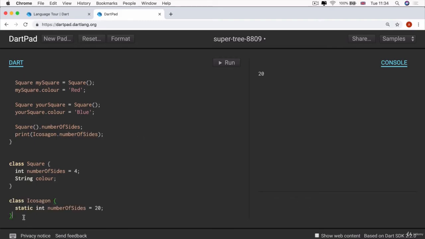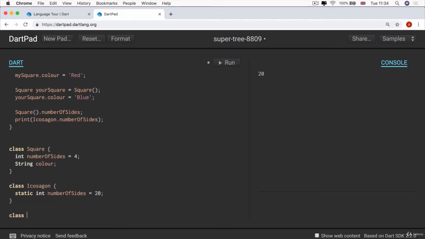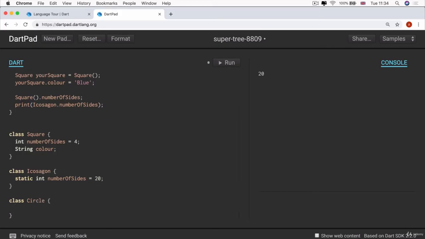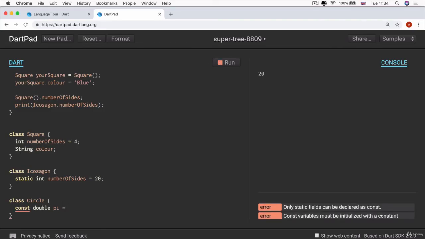Now let's create another class. So I'm going to create a class called circle. And if you remember anything from high school maths, to do anything with circles, it's pretty essential that you use the constant pi, right? So whenever we need to work with circles or anything that's in that category, we probably want to have pi as a constant handy. Well, let's create a constant that is of type double called pi in our circle class, and let's set it to equal